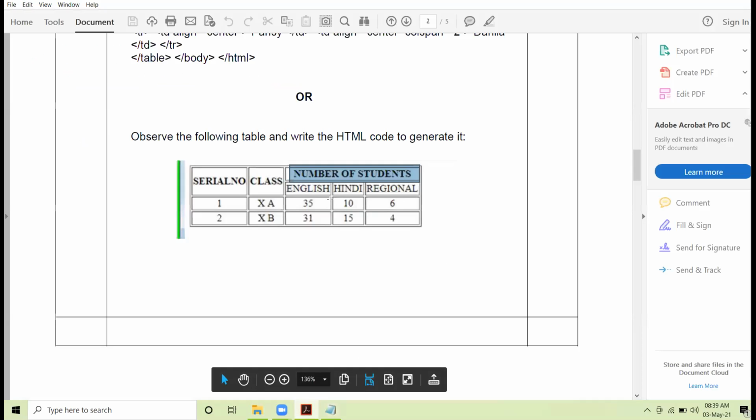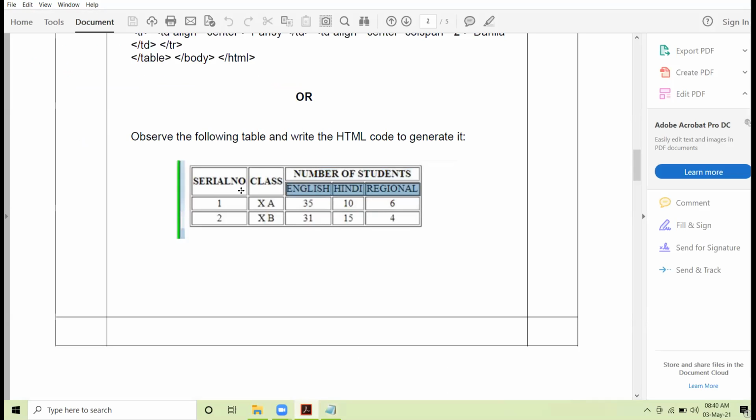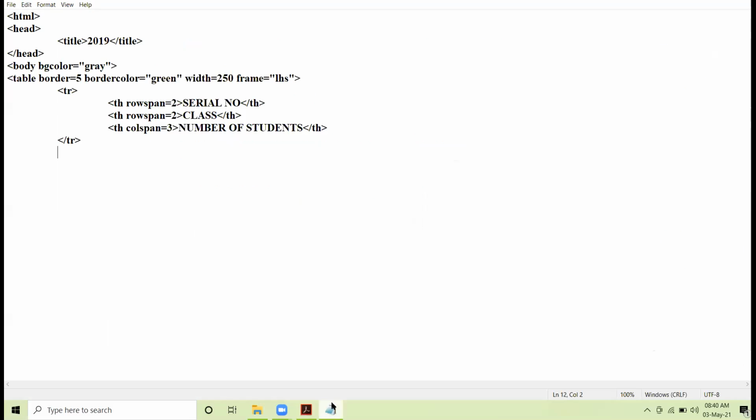Then next, we are moving here in the second row. Now the first and the second cell of second row already merged with the first and second cell of the first row. So in the second row, we'll be having only 3 cells. So this is the second row.